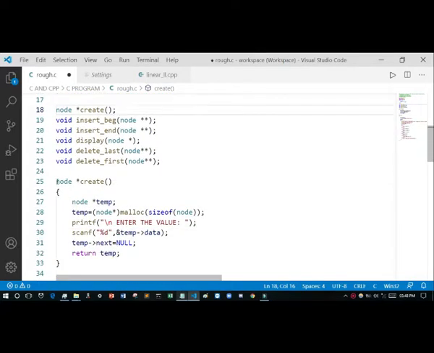So at first I have defined it, then I have created a variable which is of pointer type, but its data type will be node. Okay, then I have used malloc. You know, malloc is used for allocating memory dynamically. So I have used node as the data type, and then malloc and sizeof node. Okay, then I have used printf, enter the value,